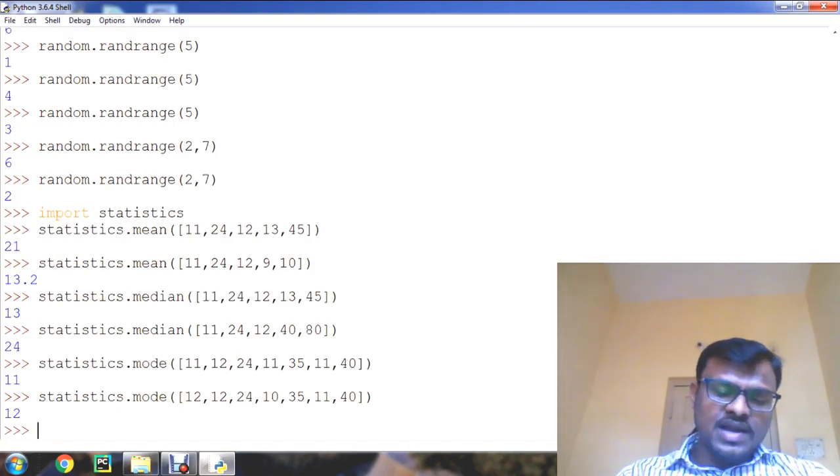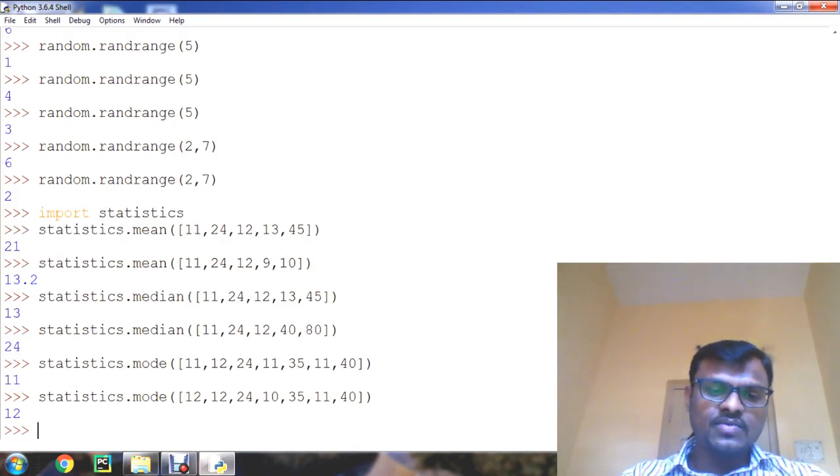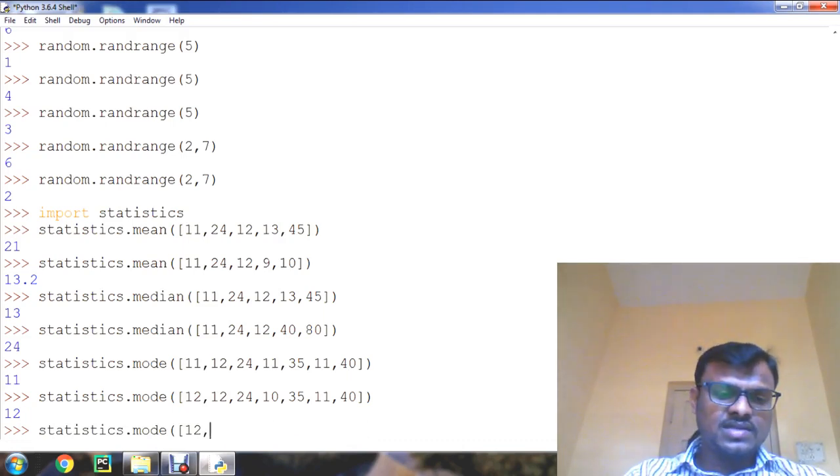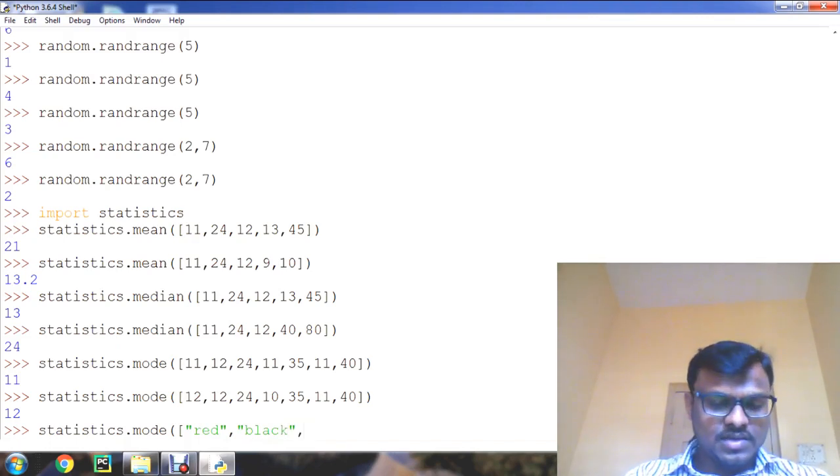The mode function works not only for numbers, we can give strings also in the sequence. For example, red, black, and again red, blue.